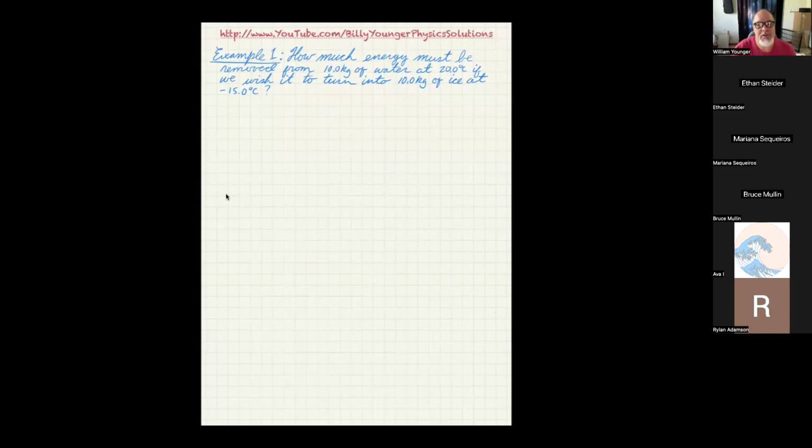Example one: how much energy must be removed from 10.0 kilograms of water at 20.0 degrees Celsius if we wish it to turn into 10 grams of ice at negative 15.0 degrees Celsius? So that's the actual problem we're asked. I think that's pretty straightforward. What I'm going to say is solution,